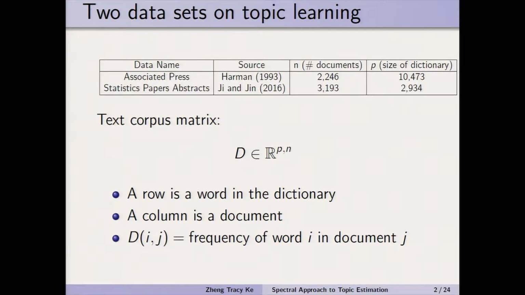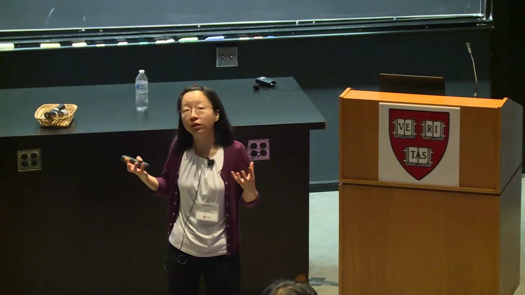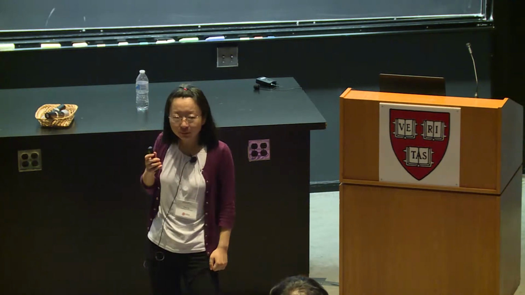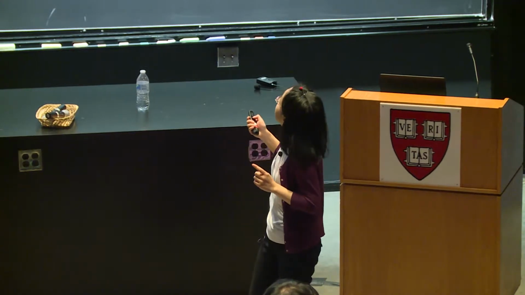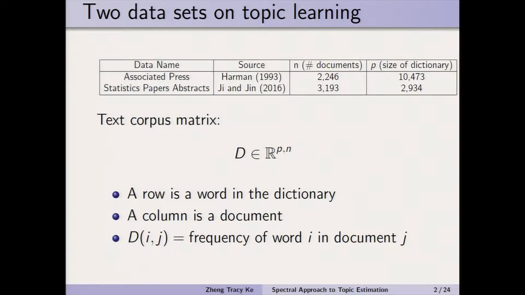For the documents, we're going to use the bag of words representation, which means in our data, we will only record the empirical word frequencies in each document, but disregard, say, the word order, phrases, and grammar. For example, if document j is a news article with 500 words in total, and the word i, "happy", appears 4 times, then this entry equals 4 divided by 500.